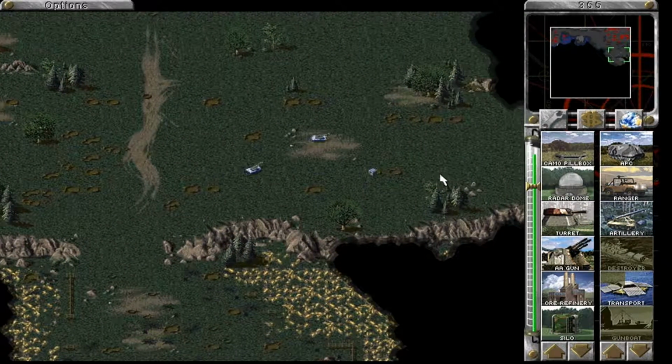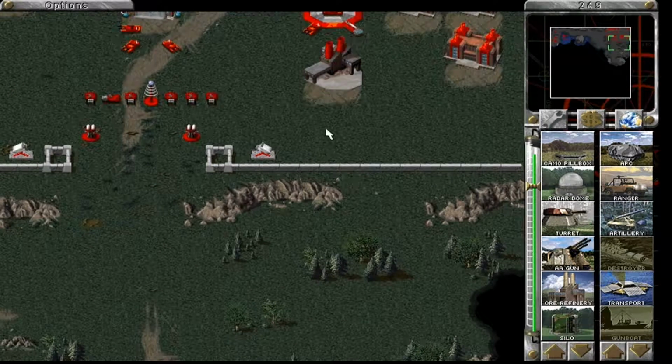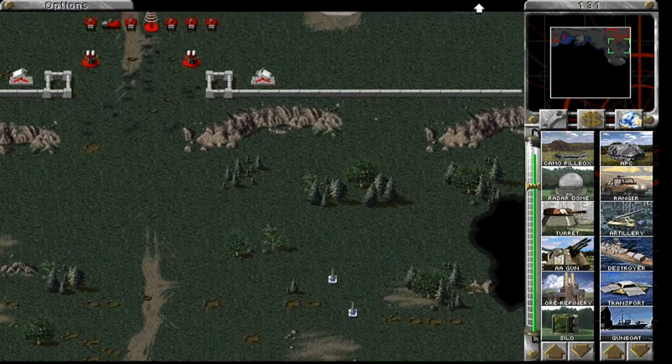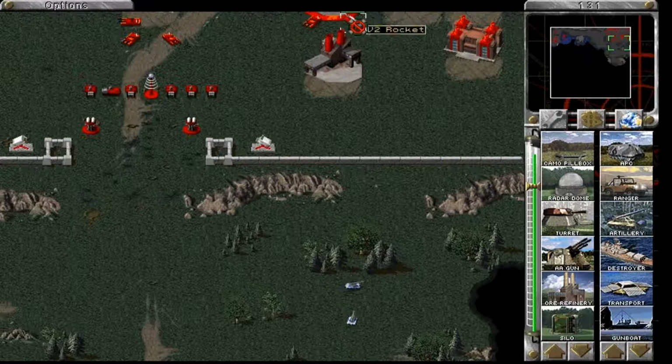I don't usually have to worry about these things, I don't think, so we should be fine on those. They try and go after silos with these artillery when they bring them along, so...